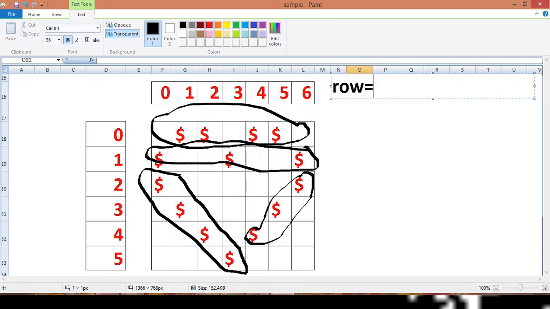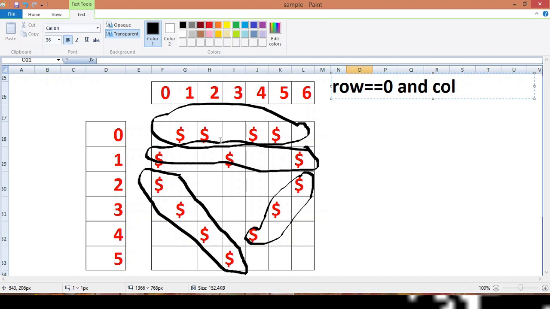For example, if the row is 0, that means for this row I am writing the condition. This is the row where we are printing the symbol in the first cell, second cell, first index, second index, fourth and fifth index. So I'll write a condition like this: when the row is equal to 0, and at the same time when my column value... As I already told you, we are not going to print in the 0, 3rd and 6th index, whereas in row number 1 we are going to print the symbol in the 0, 3rd and 6th cell only.